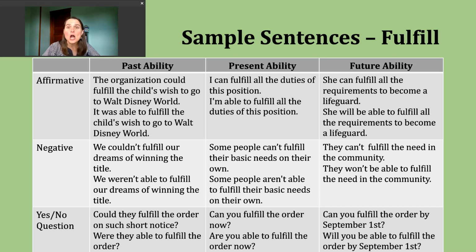So let's talk first about past ability. Here we're talking about something that one was able to do at some point in the past. There might be time signals indicating that, or it might be implied as part of a conversation or as part of a longer passage. So the first way I can make a sentence with past ability is with the modal